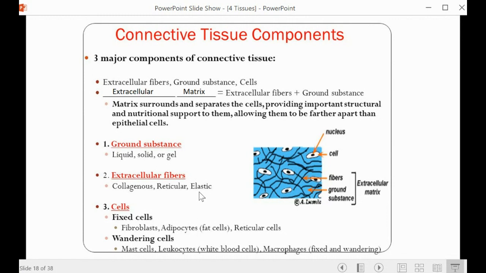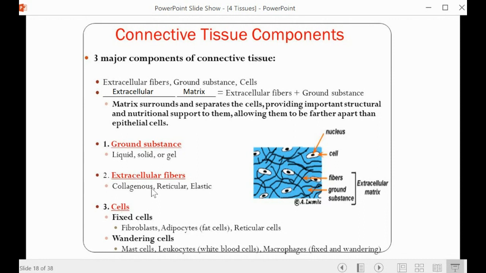So just like what it sounds like, elastic fibers are going to be able to stretch and then recoil, just like elastic would. Okay. And then it has to have cells. We can have fixed cells and we can have wandering cells, meaning that they can move. Okay. So these three things are required in order for it to be a connective tissue: ground substance, extracellular fibers,